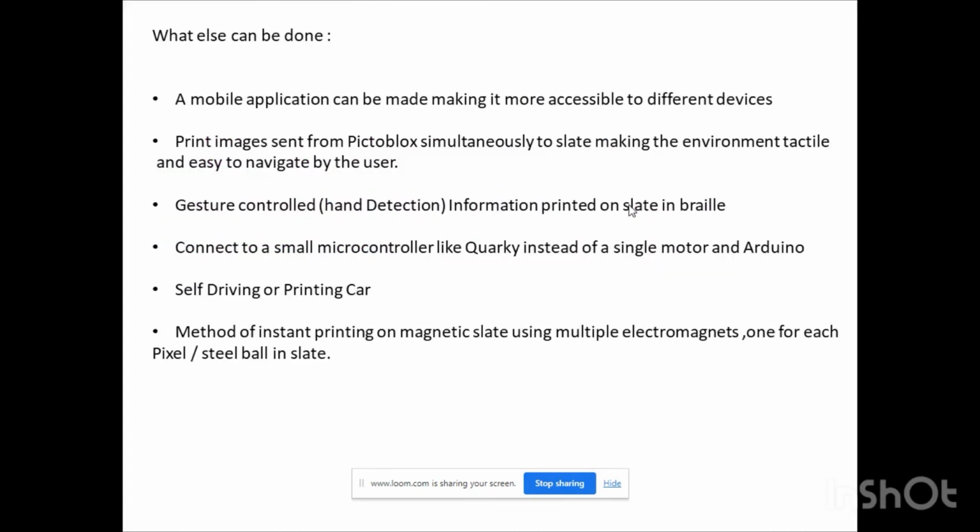What else can be done? A mobile application can be made, or any custom images can be printed on the slate. We can also use hand detection or gesture control to give more information to people who are visually impaired. Connect to a small